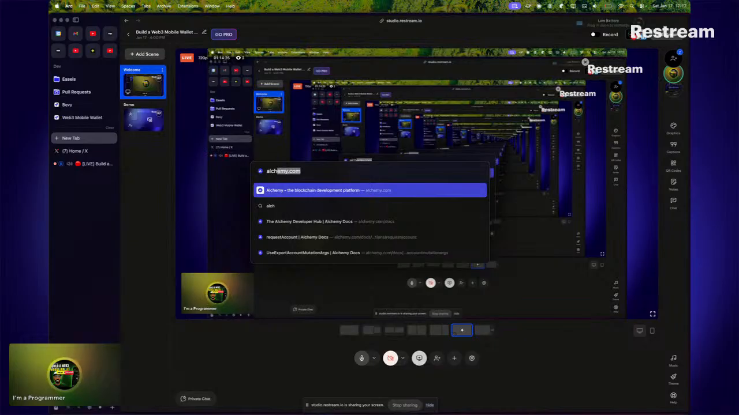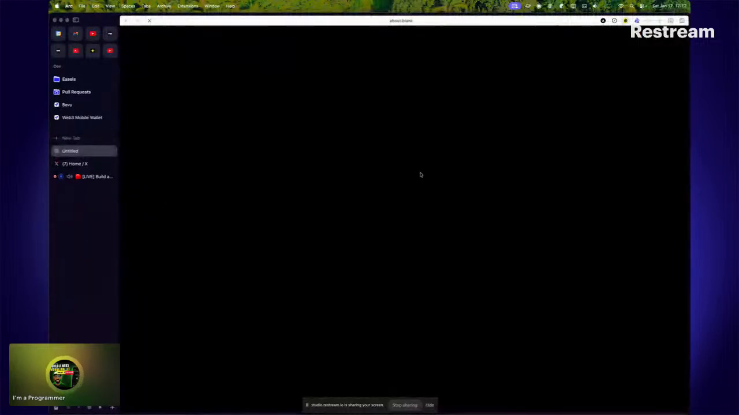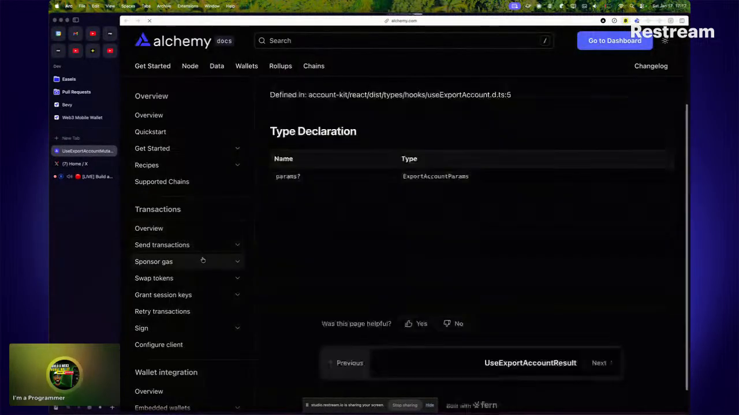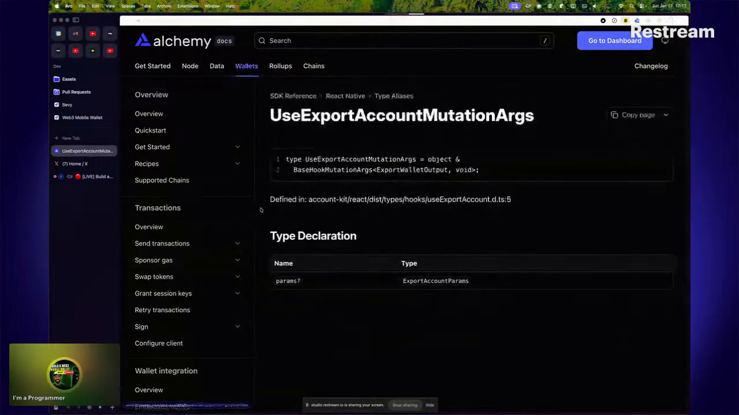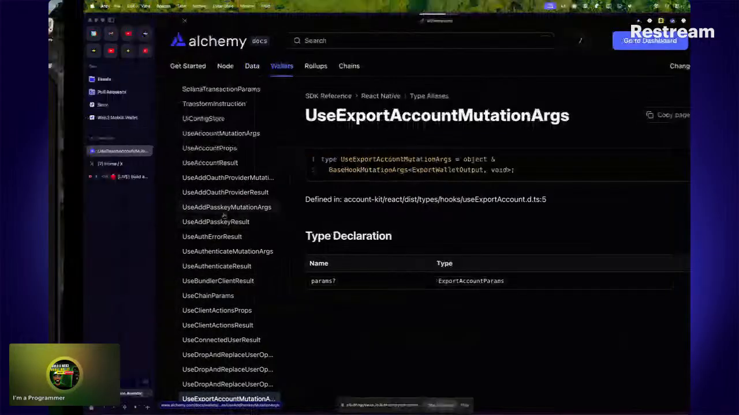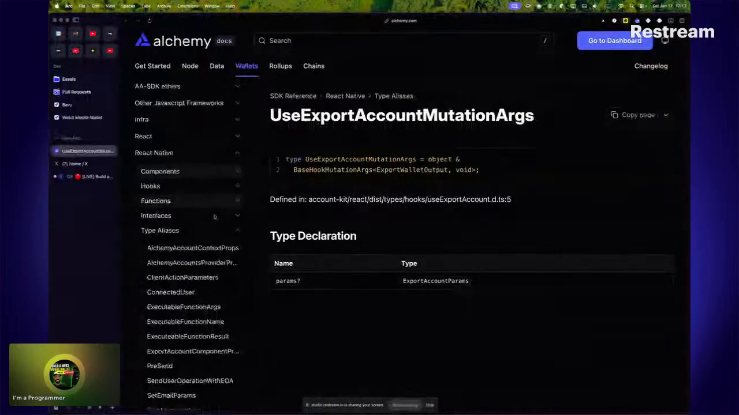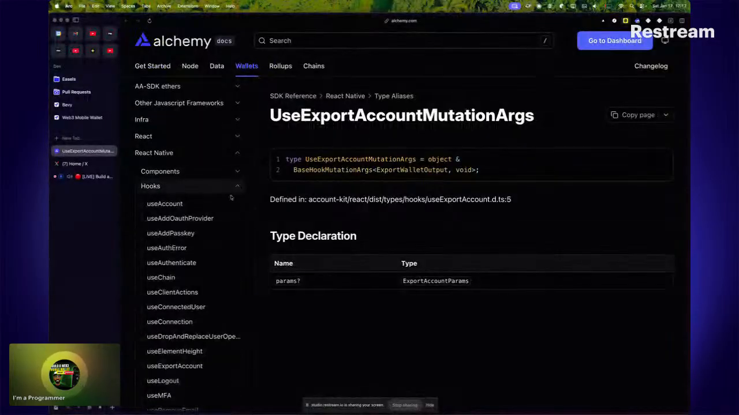The documentation, I thought we have that open. Yeah, okay. So let's see this. Use add passkey. Yeah, that is it. Okay, React Native. Let's go to the hooks because it should be in the hooks. Use add passkey. So using adding the passkey, let's see what we get. Let's see how it looks like, how it works. So if I click this,